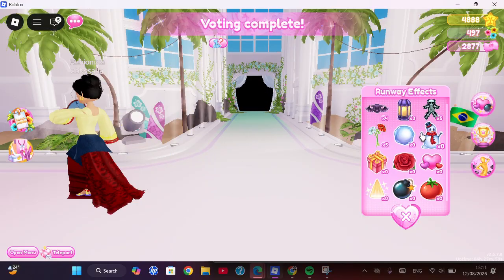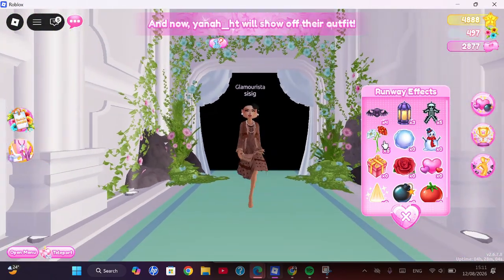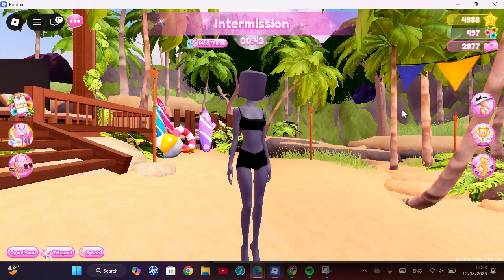Oh, I have 3 effects right here and also the flower effect. Okay guys, and that's how you can get the flower effect in Dress and Press game of